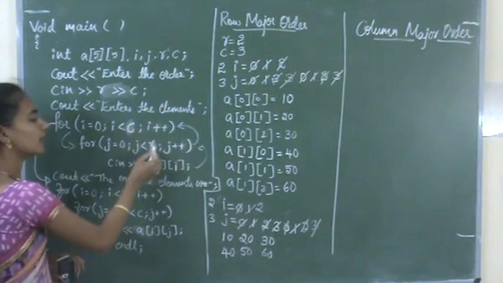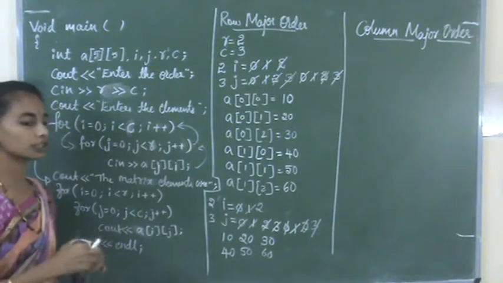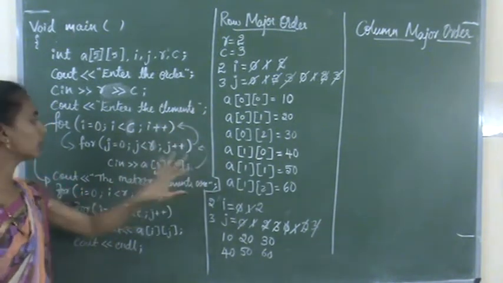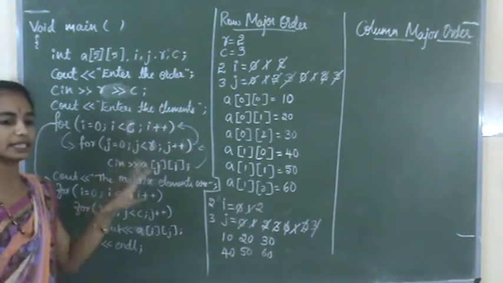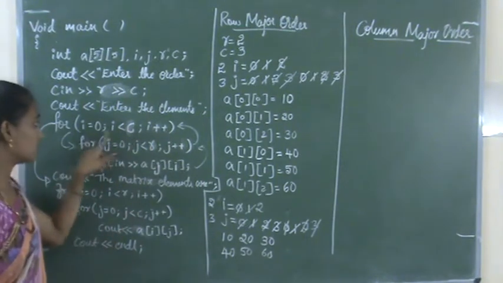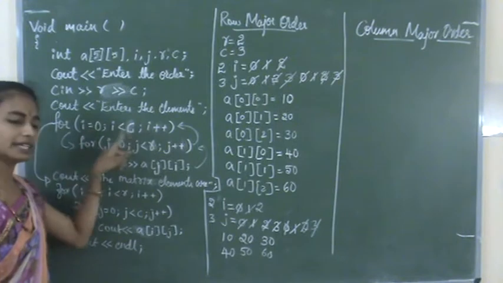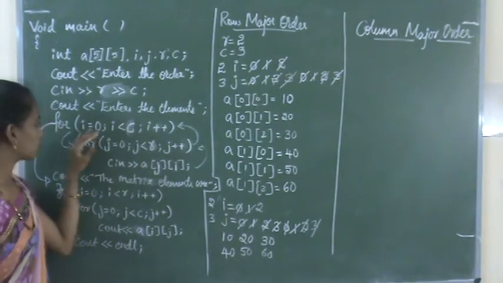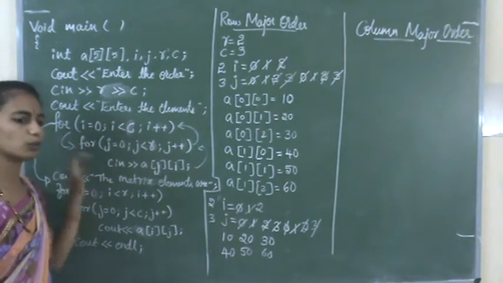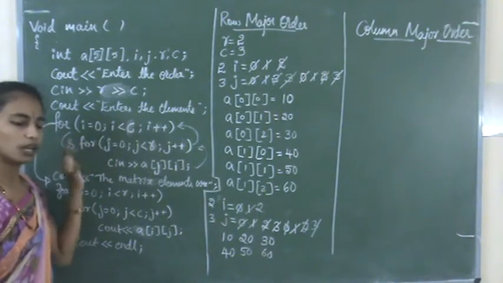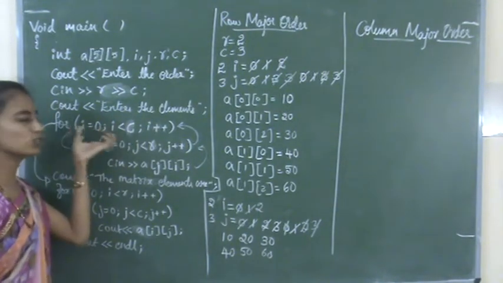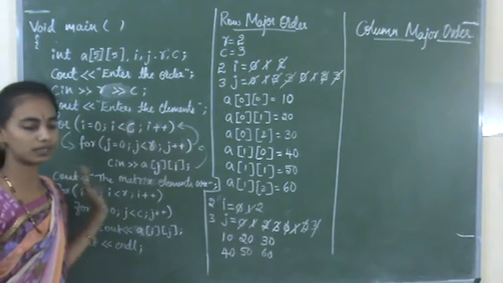Okay. So why are we changing this? If we are using column major order, first the columns have to be read. You can change the variables I and j also. If it is changed, no problem. If it is not changed, no problem. We are just using one variable to store that index.